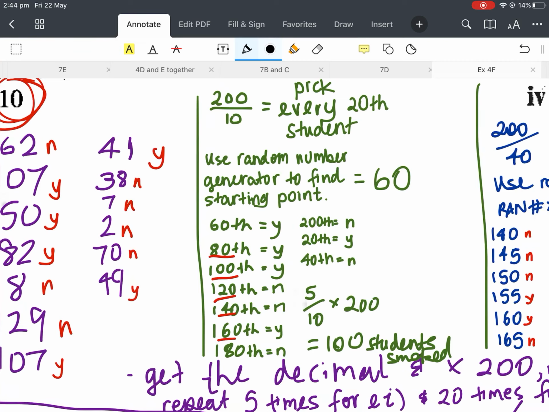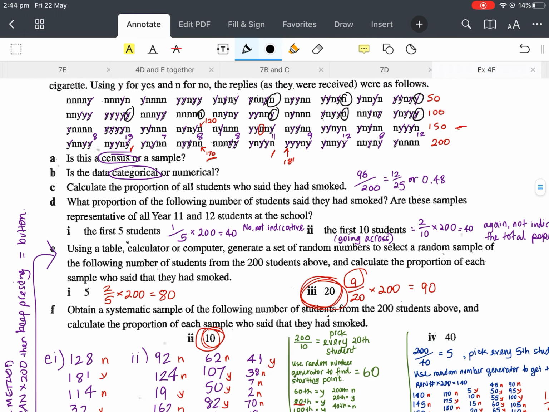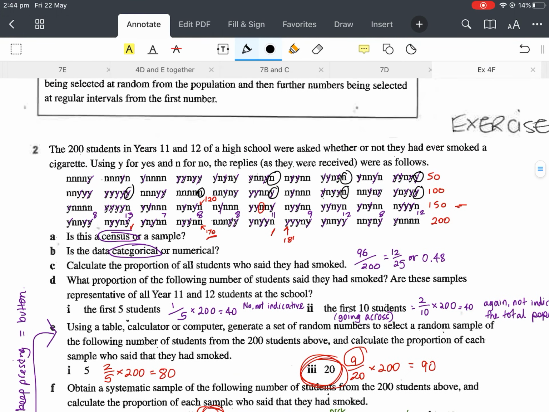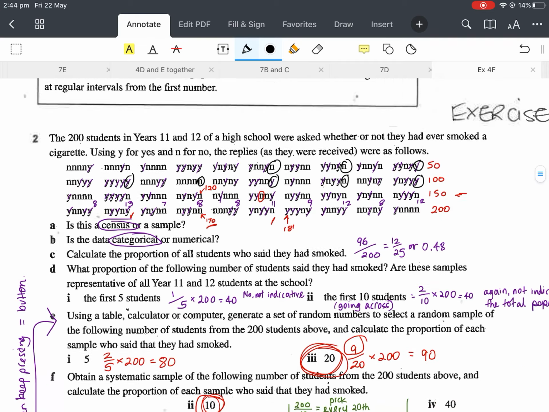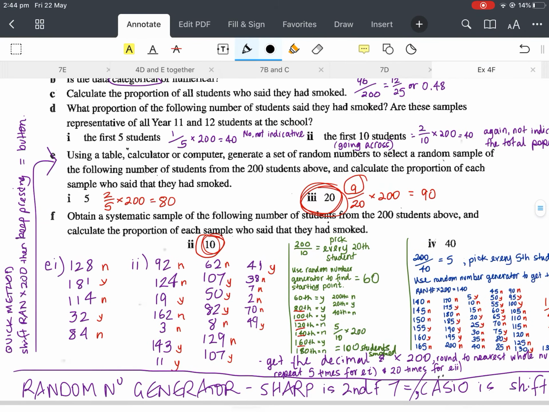I just did that wrong, didn't I? It's supposed to be every 20th. Anyway, we'll figure it out in a minute. So I did it correctly, I'm just not saying it correctly right now. When I looked at the 60th, that was a Y. When I looked at the 80th, that was also a Y. I've circled the incorrect ones up there in black, my apologies, but those numbers down there in green